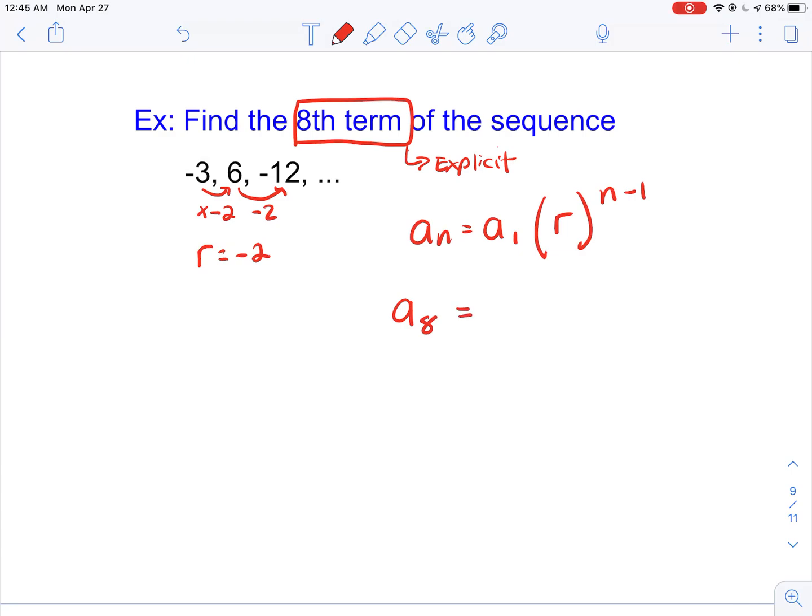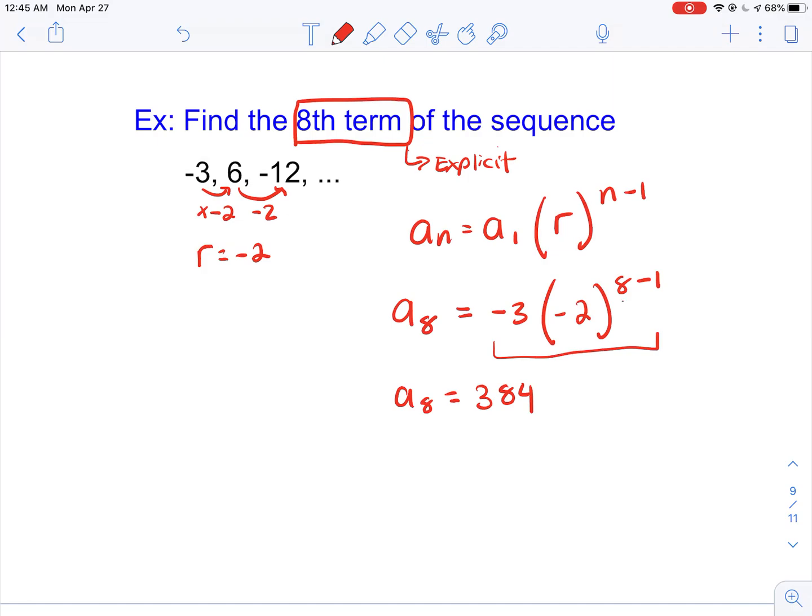So let's plug it in. What term am I looking for? 8. What's my initial term? -3. What's my common ratio? -2. My n value is 8 minus 1. So now I can plug this into my calculator, and I should get a sub 8 is equal to